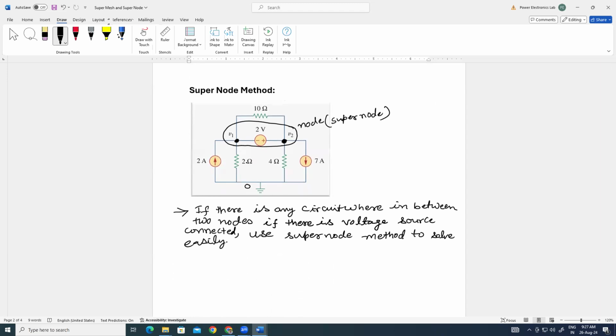So at the super node we also have to assume a voltage. So by applying KCL at the super node,